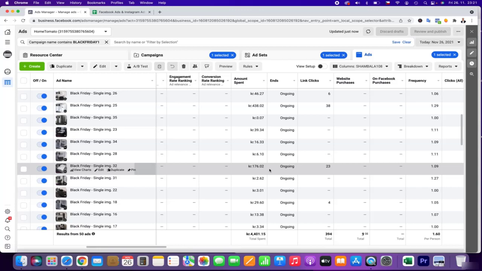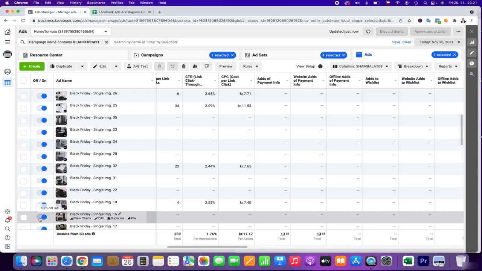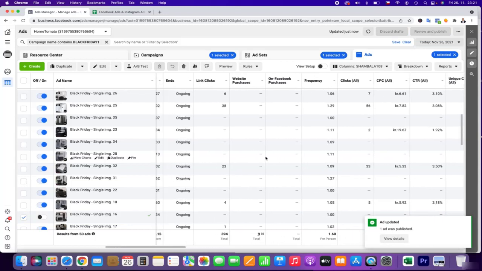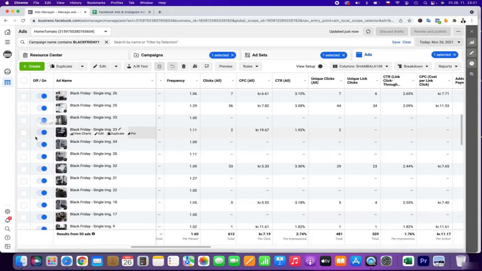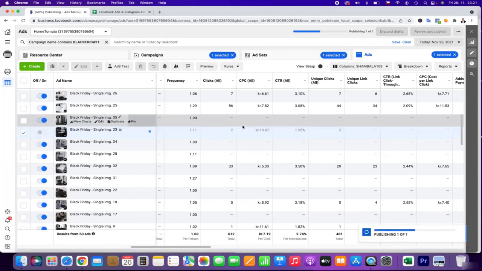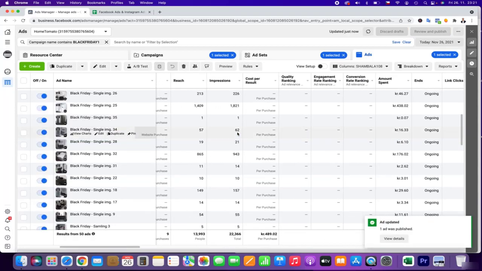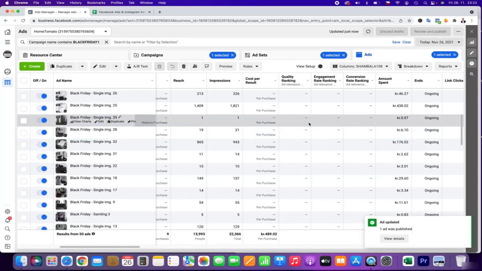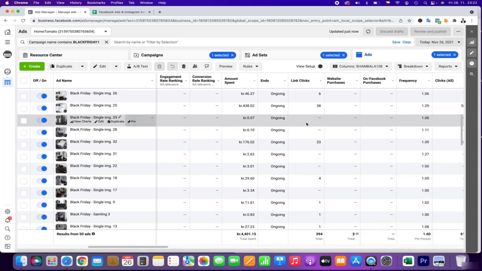And basically there is no link click, that's not good at all. So it's always good to check that you are not spending money on something that's not doing so well, and if you see that, you can really turn it off. It was okay to have many opportunities for Black Friday, because the auction is crazy, and it's good to give Facebook a lot for testing. This is really good.